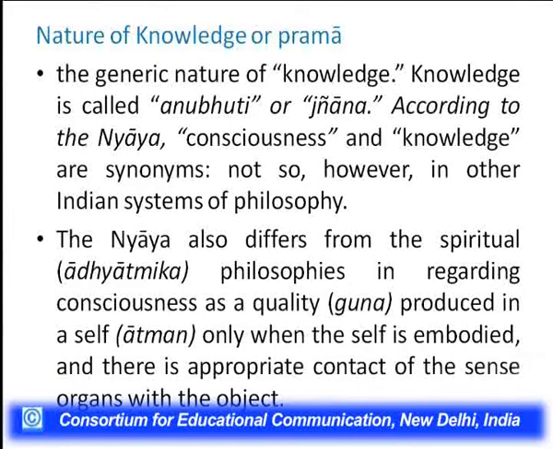helps Naiyayikas to differentiate between knowledge which begins with a cognitive episode, and smriti, which is another variety of cognitive episode, but is not counted as prama, since it lacks a presentative character, because its object lies not before us. It is representative in character because its object lies somewhere in the past, and since it doesn't have that presentative character, therefore smriti or remembrance is not considered knowledge, or for that matter memory, which is the cause of the episode of remembrance, is also by the same token not considered as a source